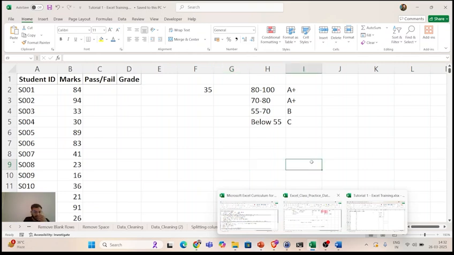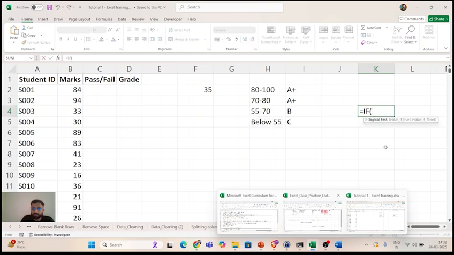Again, AND, OR and NOT we have already seen. We will also see a few examples in which we use IF and AND together. Example: equals IF, and if there are multiple tests, so this is my logical test. Let's say I want to say J4 is greater than 10.